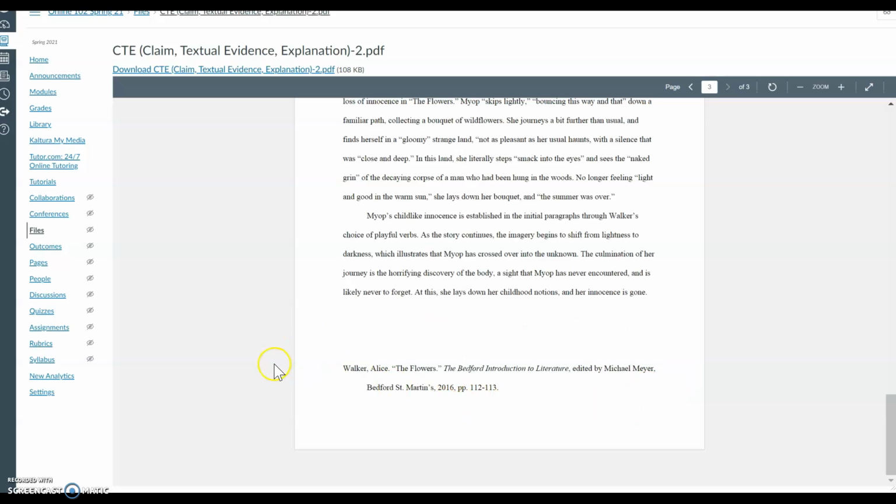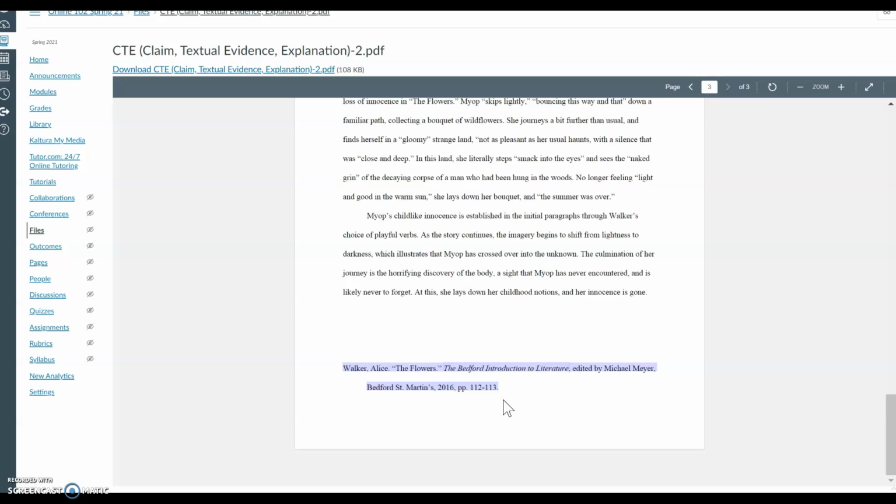If you were doing a works cited page, which you'll do for your essays, the entry is exactly the same here, and this is actually the correct citation for that 8th edition Bedford Introduction to Literature. So that being said, this is the correct format right here for all of your citations for this semester. All you have to do once you get that stock part of the citation made is just change out your author and your story and your page numbers, and then you can keep all the rest the same,